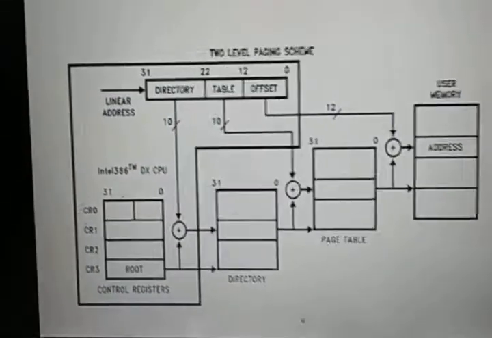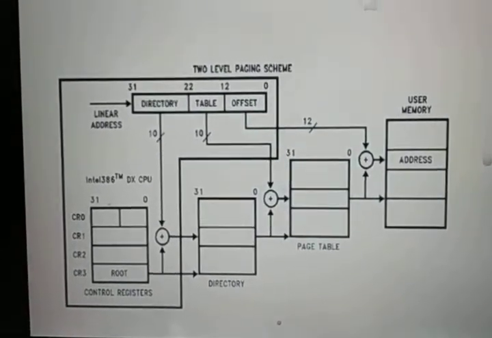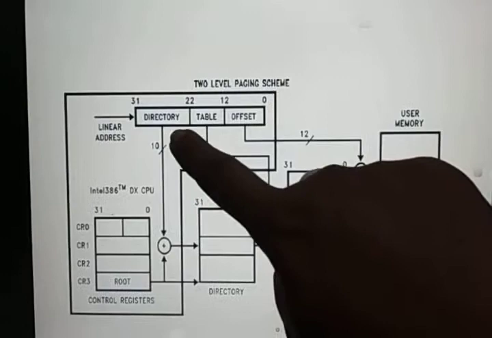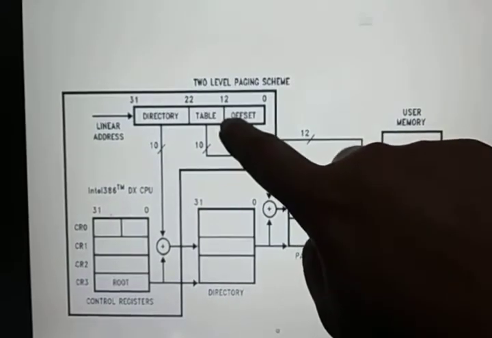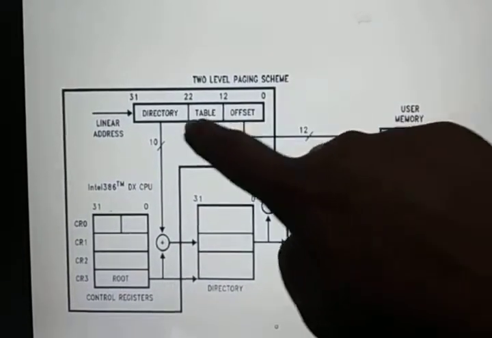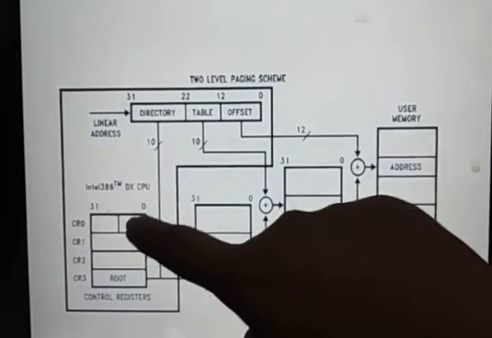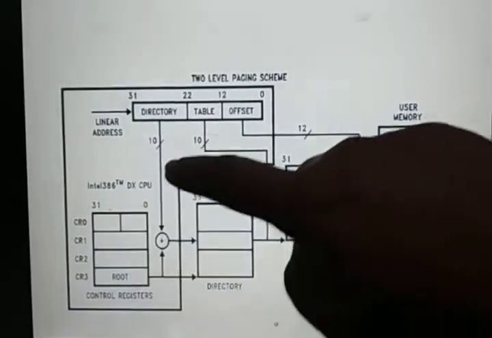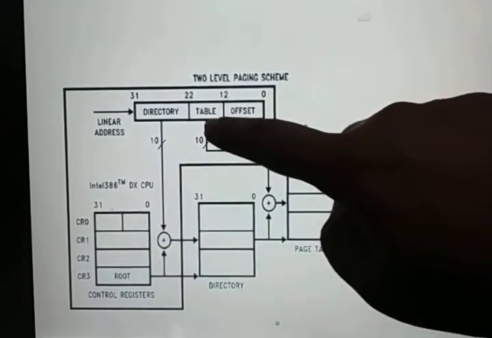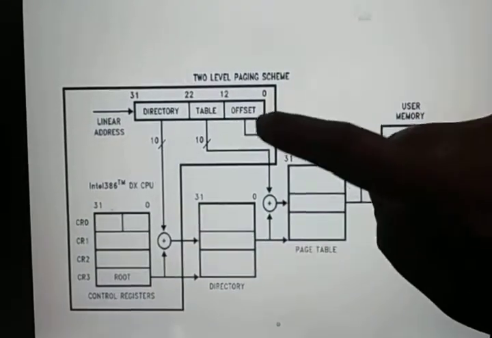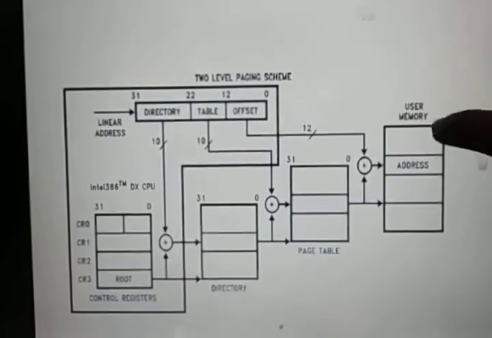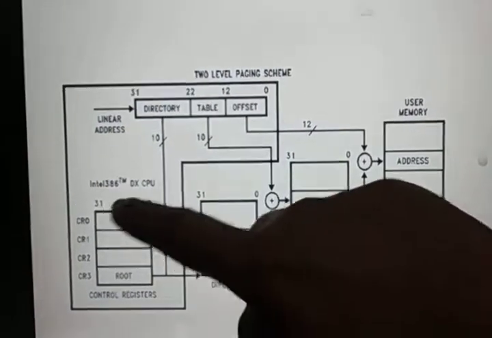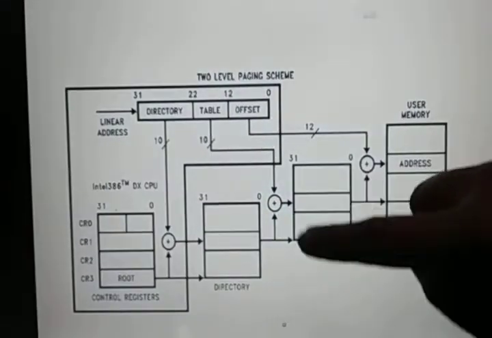This is the paging mechanism diagram you can see here. The linear address has three parts: directory part, table part and offset part. The directory part is a 10-bit field, the table part is a 10-bit field, and the offset part is a 12-bit field. The directory field works as an index for the page directory table, the table field works as an index for the page table, and the offset field works as an indexing part for the memory. So here you can see this is your directory table, this is your page table, and this is